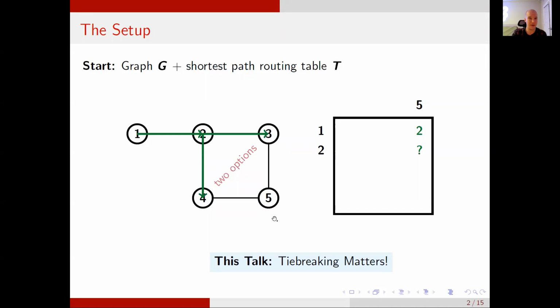And the answer is it doesn't matter. Either of the two options, node 3 or 4, are equally viable and will lead to an equally short path. In many algorithms you might see, they don't really care which choice they make. There will be some tie-breaking rule used on the inside, but it often doesn't really matter, and this is a background detail. For this talk, it's a foreground detail,